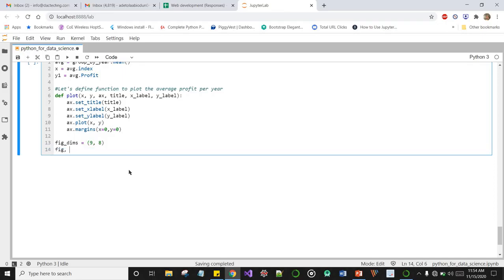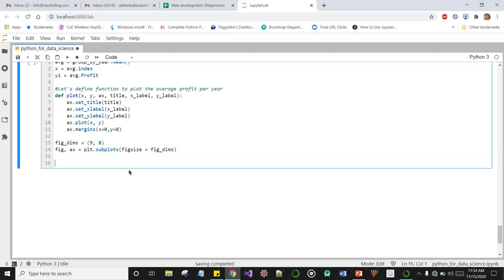Figure comma axis equals plt.subplots, from our Matplotlib, if you remember, and figsize. plt.subplots takes a parameter called figsize, and we can pass it the variable figure_dimensions. Cool.